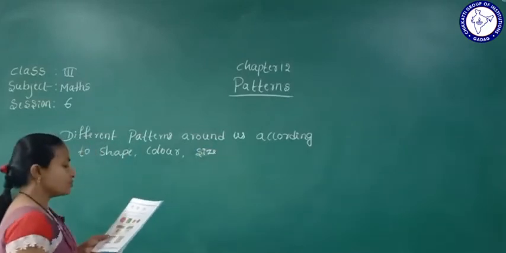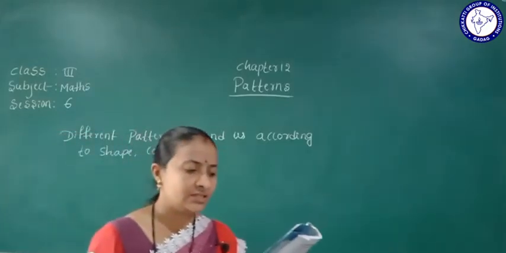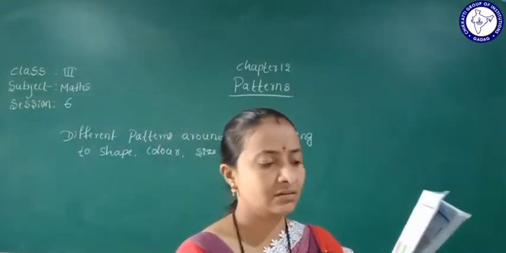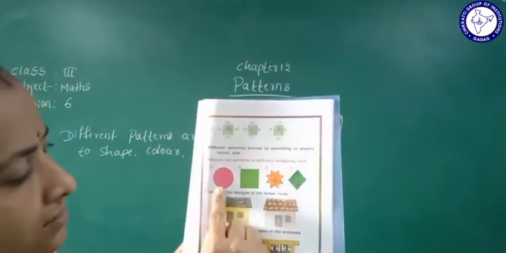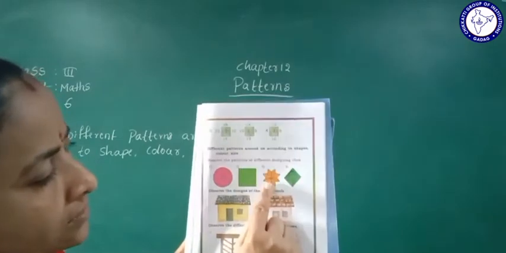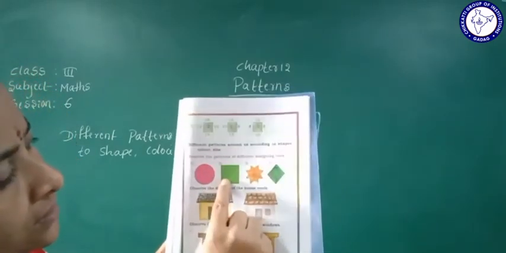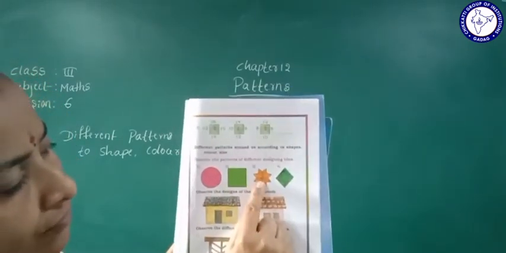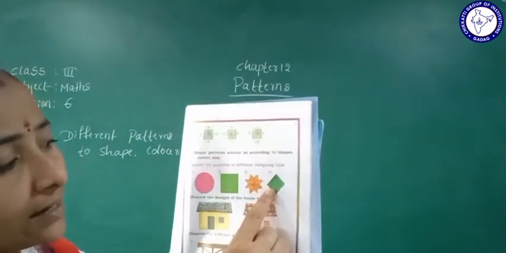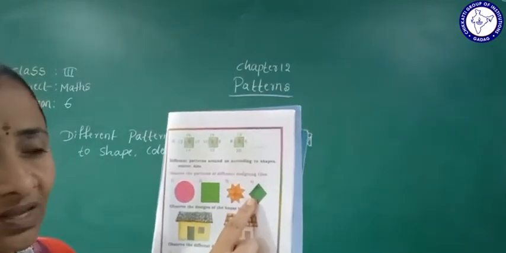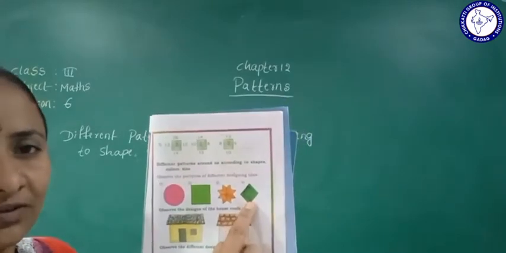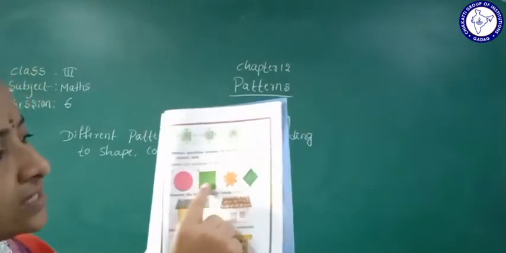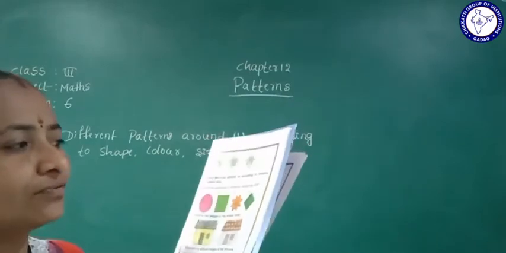Okay, so observe these patterns of different designs that are given here. See here, some of the designs that are given here. This is the circle. Yes, this is the rectangle. So it's a flower. So it's a square and it's also a flower. So it's also a square in a different shape. Yes, so both are the same. These are also squares, these are also squares, but in a different shape. Yes, we can see the different patterns of different designs.